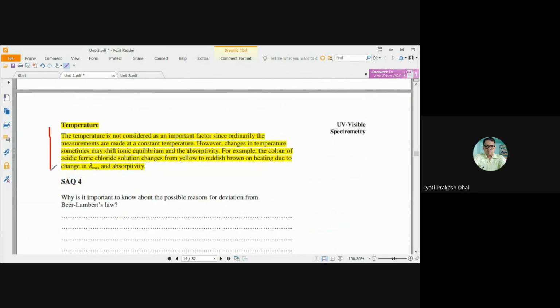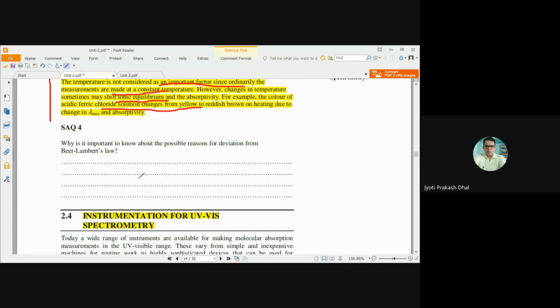Now coming to temperature. Temperature is not considered an important factor since ordinarily the measurement is made at constant temperature. However, changes in temperature sometimes may shift the ionic equilibrium and thereby change the absorptivity. For example, the color of acidic perchloride solution changes from yellow to reddish brown on heating due to a change in the lambda max value and a change in the absorptivity value. So that means when temperature changes, there will be deviation in the